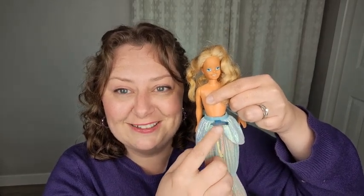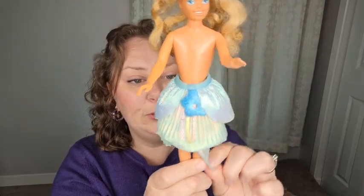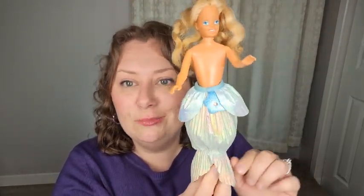Ta-da! This is why I bought her. Do you remember in one of our previous videos where I talked about Lady Lovelylocks and how you could recognize their clothing by these little tags? So this is a Lady Lovelylocks bottom. It's a skirt, so you can keep it as a long skirt, or you can lift it up. Not sure if I can do this right. This Lady Lovelylocks skirt could be worn like this, short, or you could pull it down to make it long and look more mermaid-like. This skirt was from Maiden Golden Waves, from Wave 2 of Lady Lovelylocks series, which was